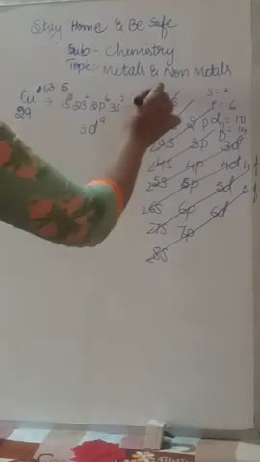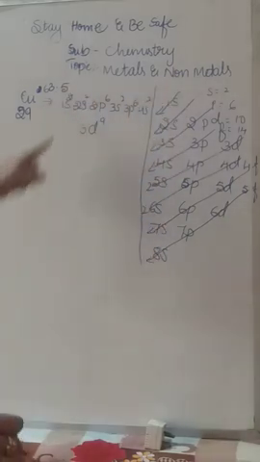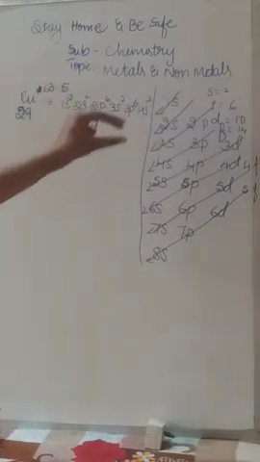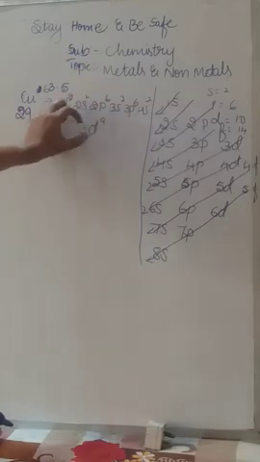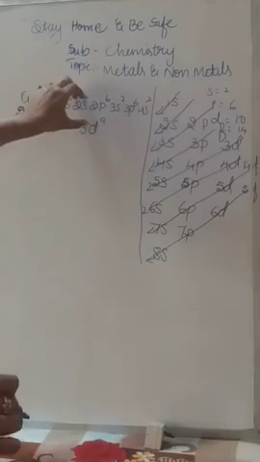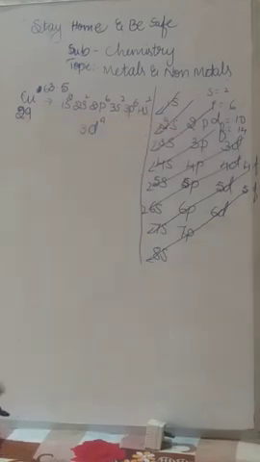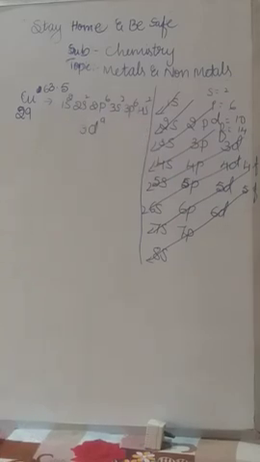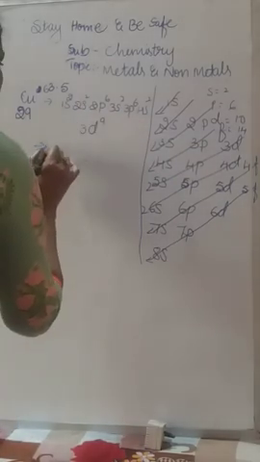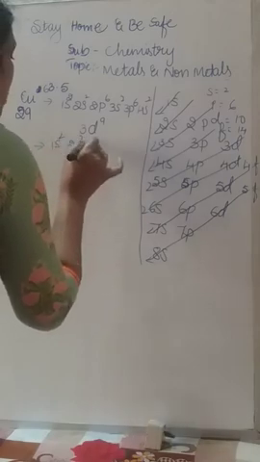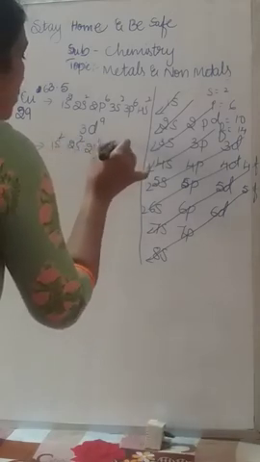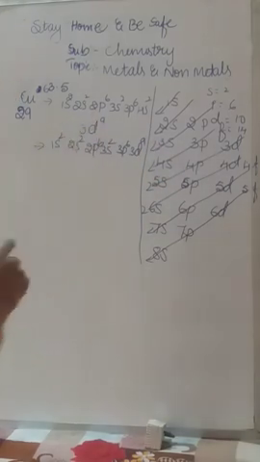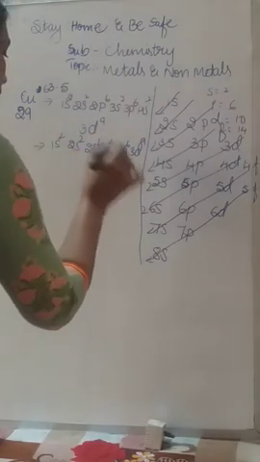So this is the electronic configuration of copper: 1s2, 2s2, 2p6, 3s2, 3p6, 4s2, 3d9. It's not in order, because after 3 again 4 is there, then 3d. So after writing first, we want to rewrite it in order. If you write it in order like that, it would come as 3d10, but it's not. So you have to write in order: 1s2, 2s2, 2p6, next 3s2, 3p6, 3d9, and next we take 4s2.